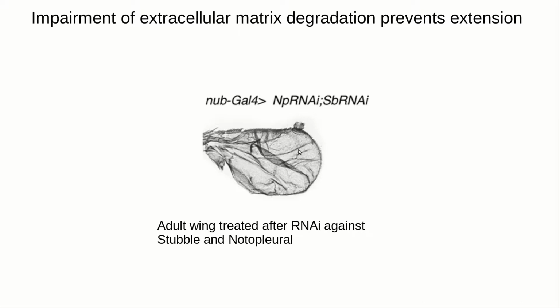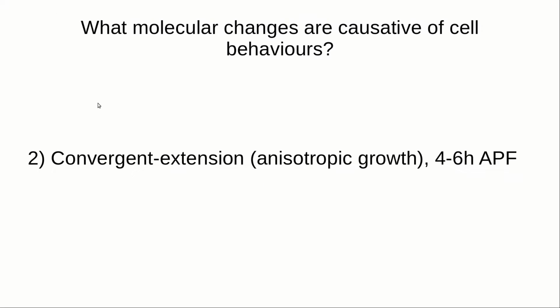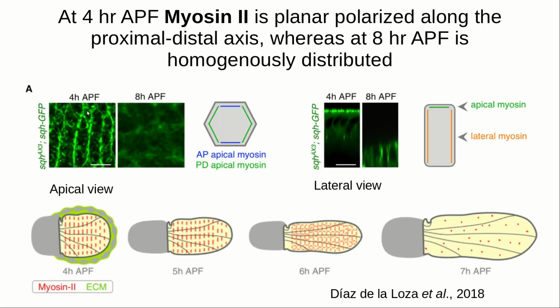This would be the result in an adult wing that, as you can see, cannot grow. Regarding molecular changes during convergent extension, it has been shown that myosin II is planar polarized at 4 hours after pupae along the anterior-posterior axis. Here you can see in green SQH-GFP, which is the heavy chain of myosin II, and you can see how it is preferentially located in anterior-posterior cell junctions,